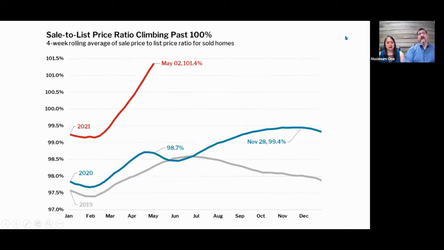So this one also goes along with that. The sale to list price ratio is climbing past 100. The sale to list price ratio is at 101.4% this year. Now you can see where it'd been doing really good all through last year. I mean, we were at a high of 99.4% last year, but now we're over 100%. So that means that the majority of our listings are selling for over asking price. Again, this is a touchy subject that requires us to have those communications with our buyers, but they need to understand really